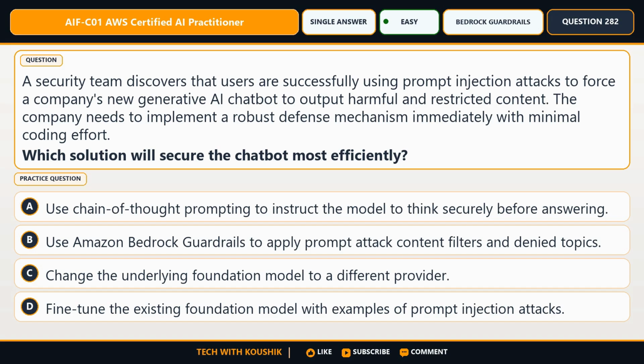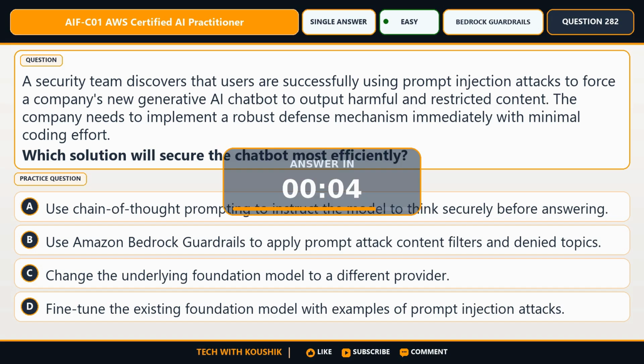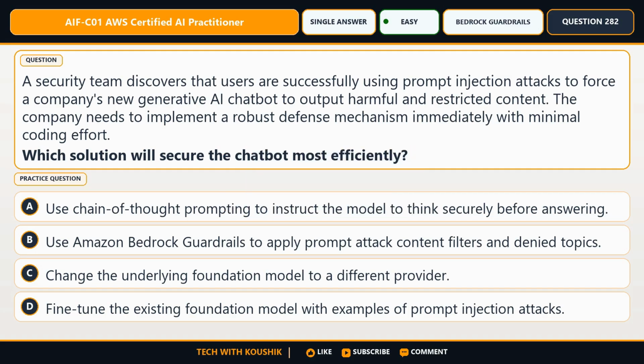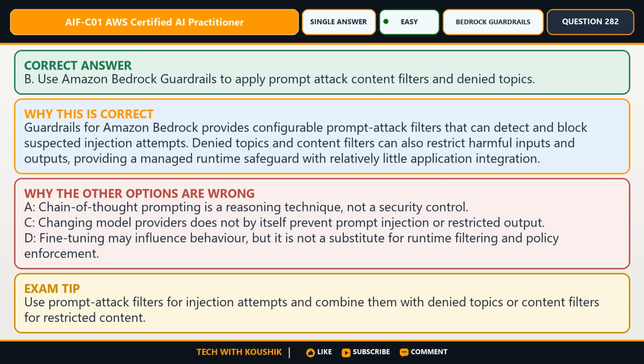Now, examine choice D. Fine-tune the existing foundation model with examples of prompt injection attacks. After elimination, select B. Use Amazon Bedrock guardrails to apply prompt attack content filters and denied topics.